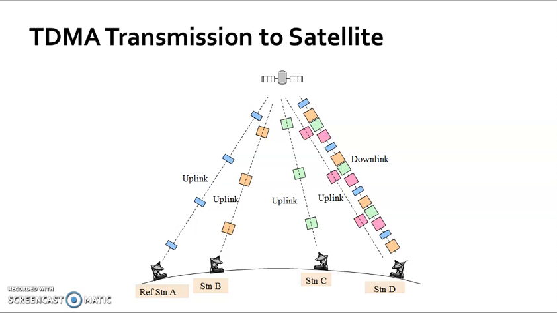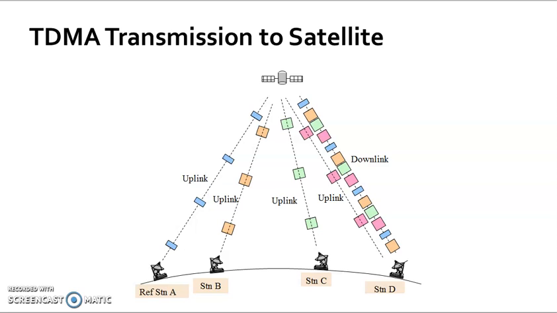But when we send information from the earth station to the satellite, and we consider a geostationary satellite, the distance from the earth station to the satellite is large, so there will be a large delay at the transponder side. The transponder receives the data, but it is delayed from the reference station and from the various stations. The stations are not at the same positions, because they are at distant places, and they have different delays.